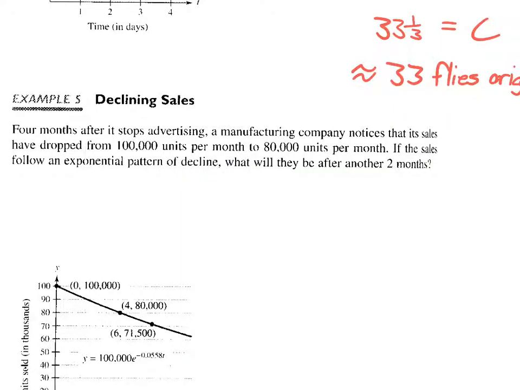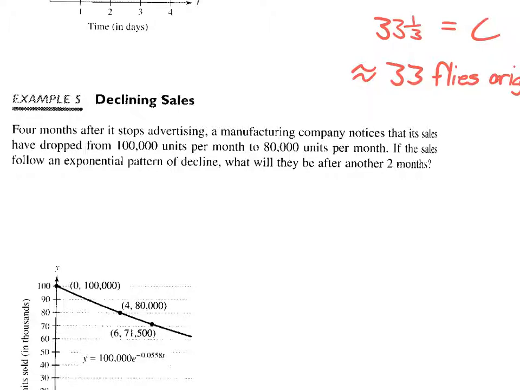Alright, our second example here in 82 is: 4 months after it stops advertising, a manufacturing company noticed that its sales have dropped from 100,000 units a month to 80,000 units per month. If the sales follow an exponential pattern of decline, what will they be after another 2 months? Okay, so here we have